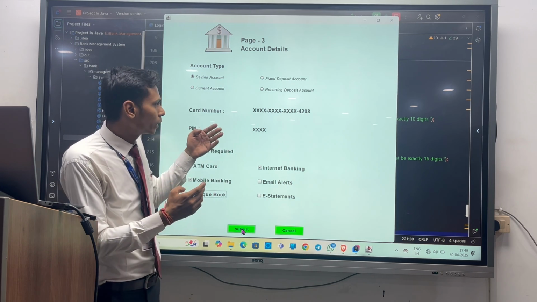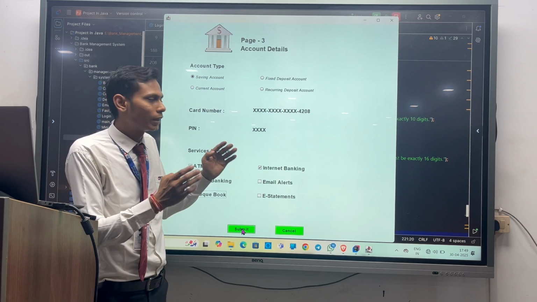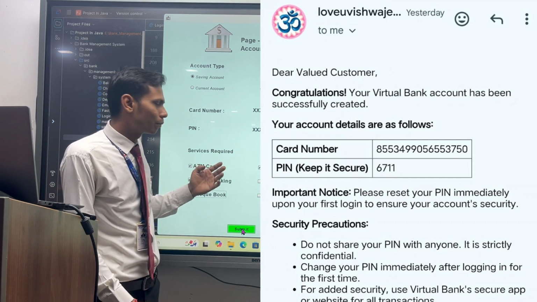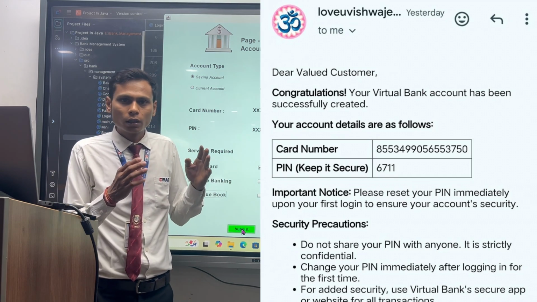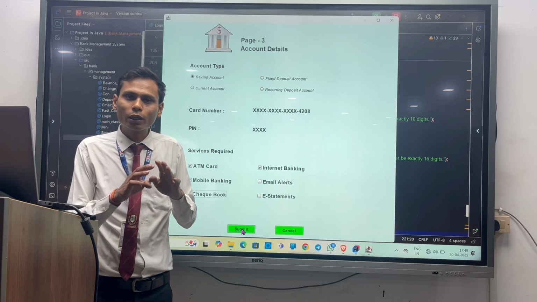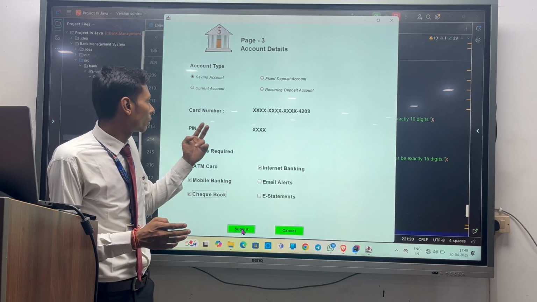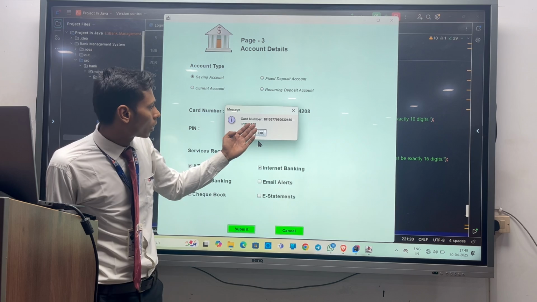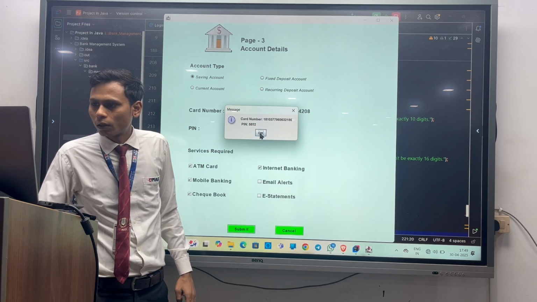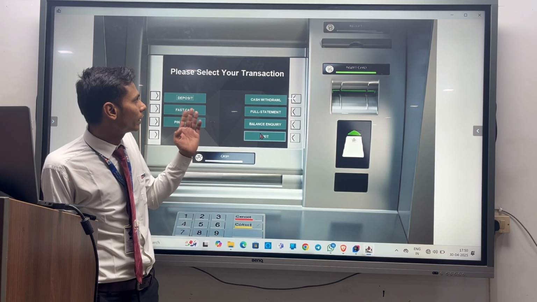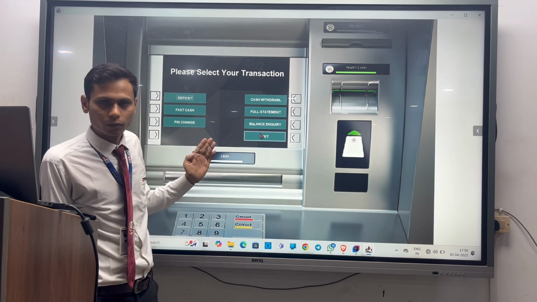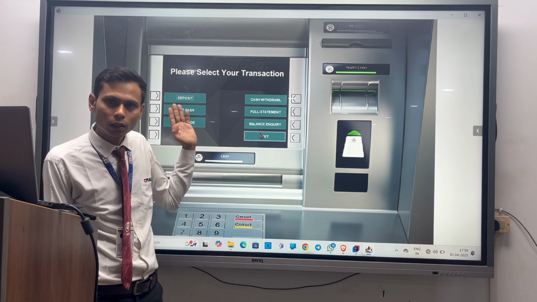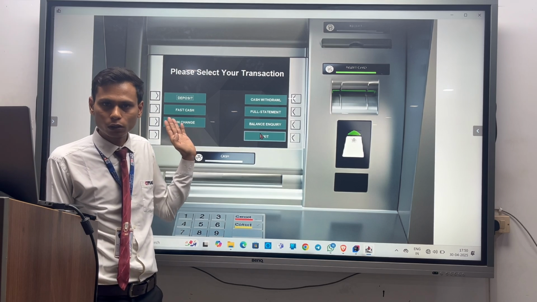by the system, and it will be displayed on the screen, as well as sent to the user's email ID. The card number and PIN are a login ID and password that we will have to remember always. We don't need to carry a physical ATM card. We just have to remember the card number and PIN. So if I submit, we can see here is our card number and here is our PIN. Let's OK it, and it has redirected to the virtual ATM, and the mail has already been sent to the email ID that we put into the field.